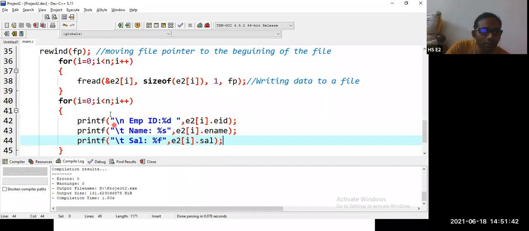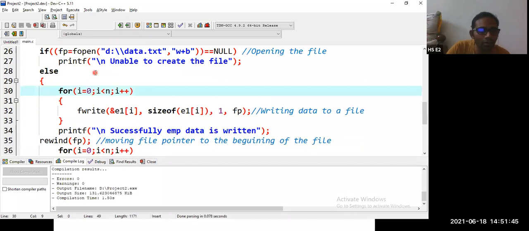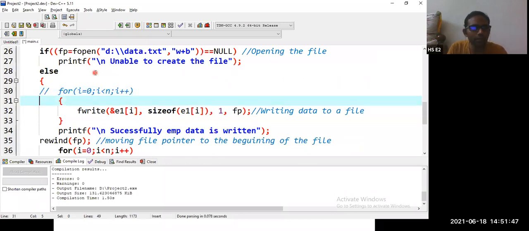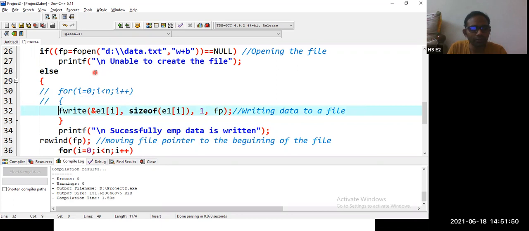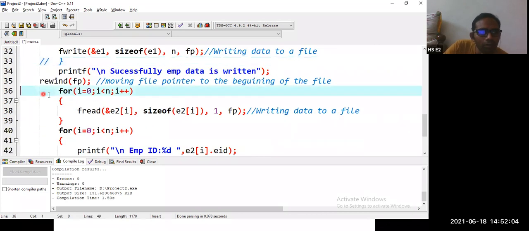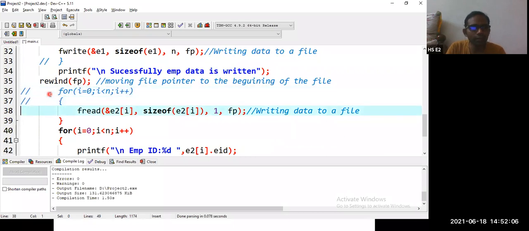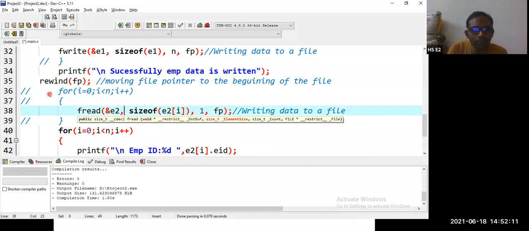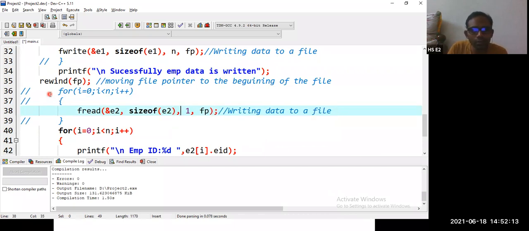Now let us see, instead of writing all these, can we write in a single record? Let me try first, because I feel that it is going to write. I want to insert all the n records in a single line. So this is also gone. So fwrite, and here also the same thing for fread.